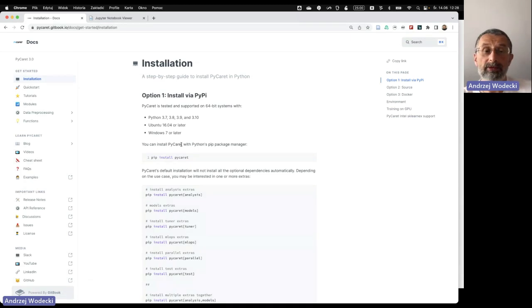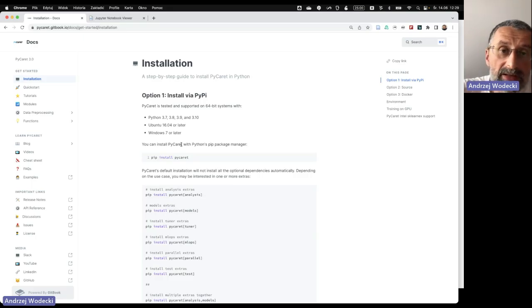One technical practical remark: it is really advised to precisely follow the installation guide